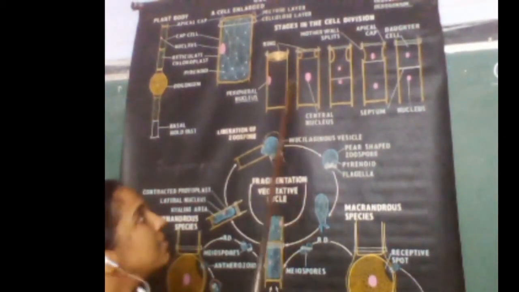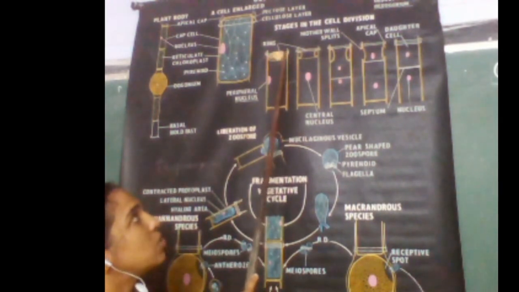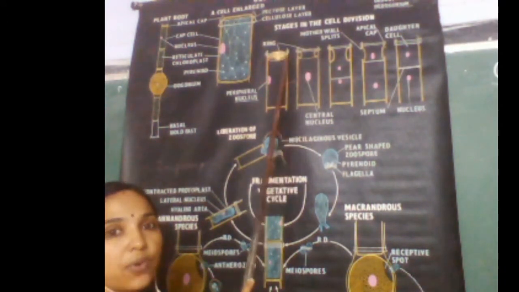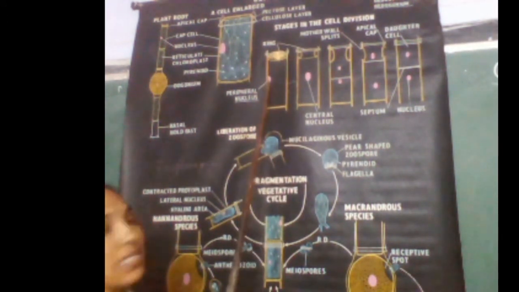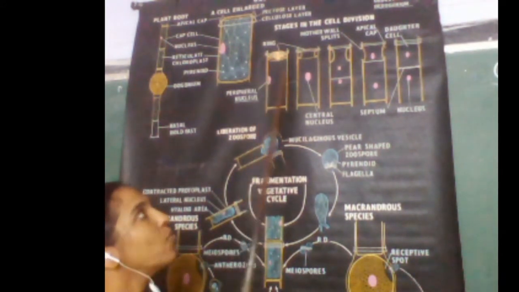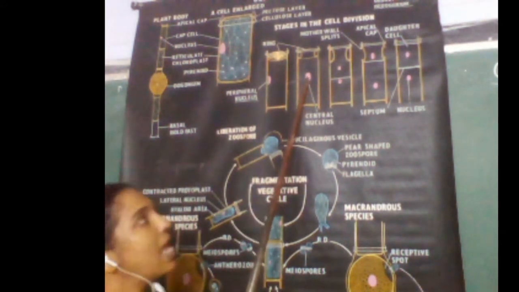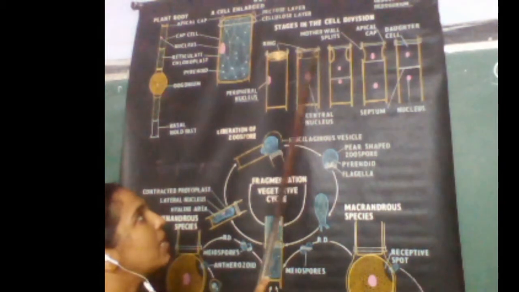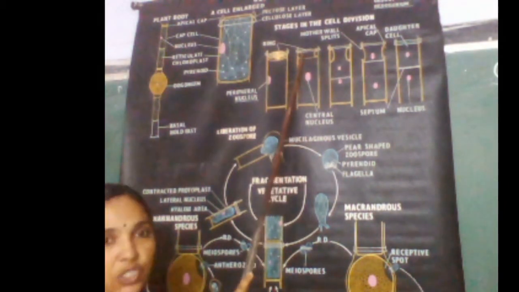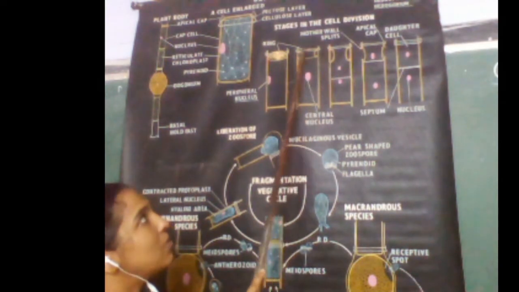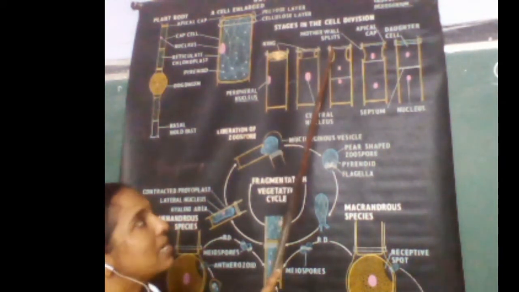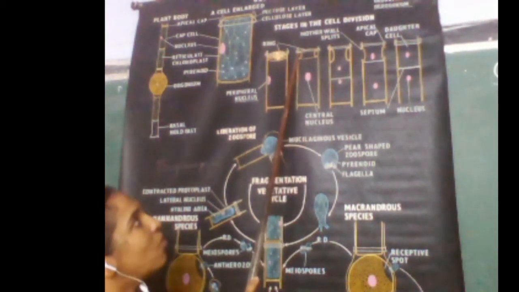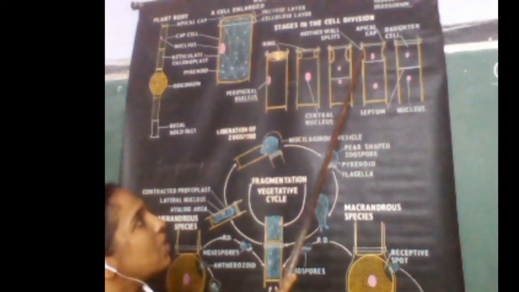Single cell here. This is the cell and this is the ring. First there arises a ring and this ring deepens on both sides. You can see the ring, and before that there is a single nucleus in Oedogonium. This nucleus undergoes division by mitotic division and forms two nuclei. The two nuclei are formed. Okay. Now this ring formed on the septal regions deepens and it moves inward like this, and in the next step the ring is formed like this on both sides, and at that time the wall in this region will dissolve. You can see the wall dissolves.